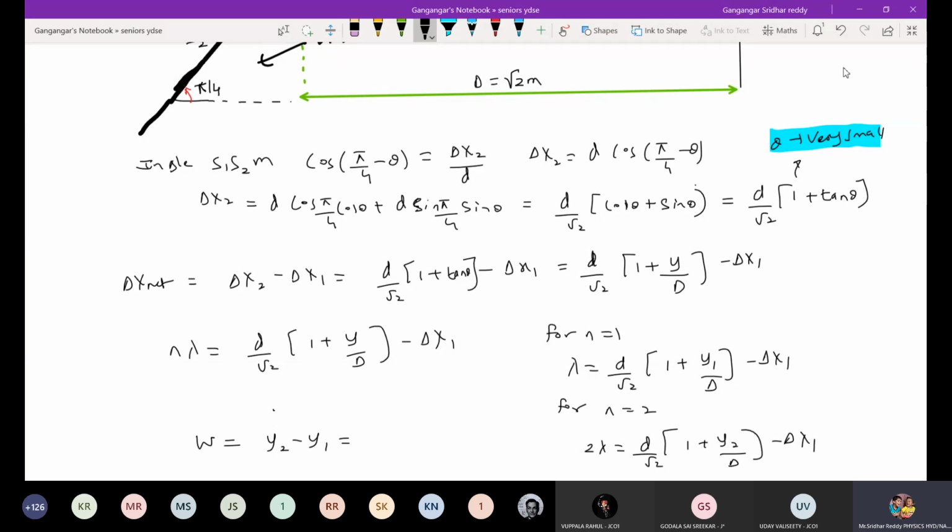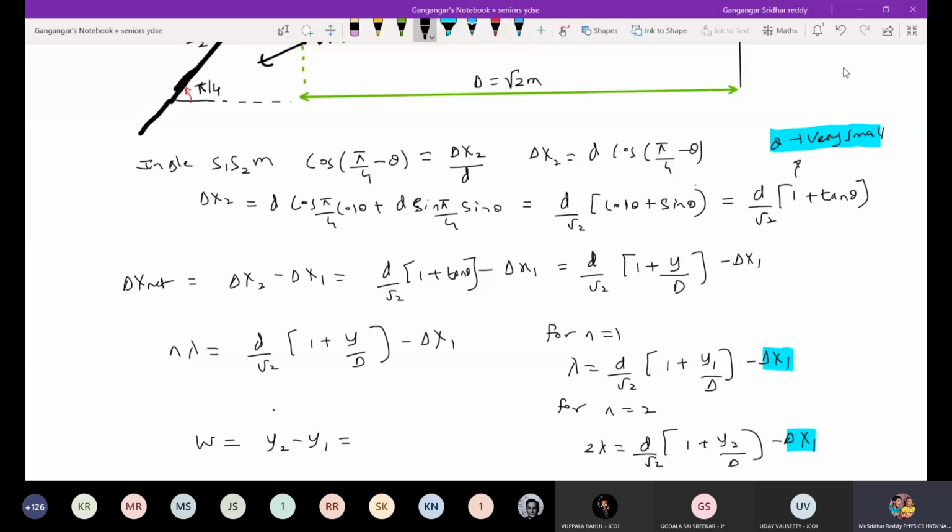Okay, so the delta x1, though we don't know that, it will get eliminated. If you ask something about position, we can't do anything because we need further information there. Since it asks fringe width, we need not bother about calculating delta x1. So sometimes that's why you see in some numericals, no,